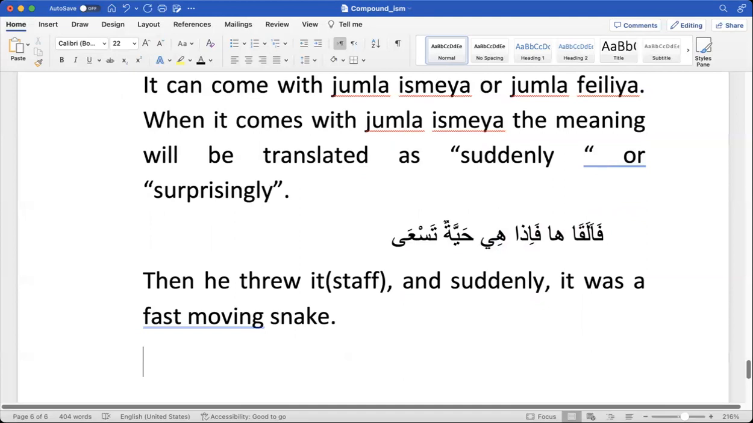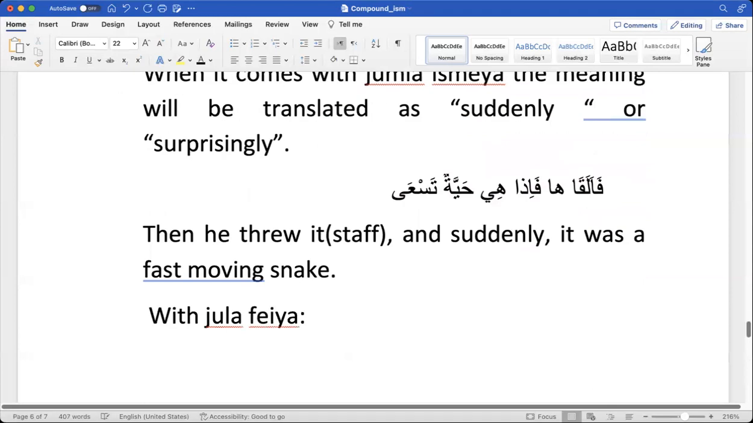Now when it is with Jumla Fi'liya, it is very easy. It always creates,